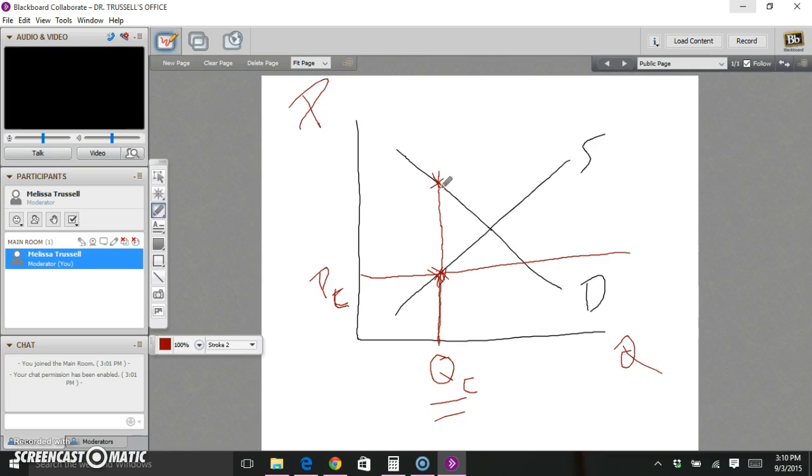So you can think about this in very real-world examples of when we have gasoline shortages and people line up at the pump, and people are willing to pay higher prices for gasoline because there's less of it in the market. And that is the law of demand. That's the demand curve. So because there's only QC, there's only this much gasoline in the market, demanders are willing to pay this price way up here,